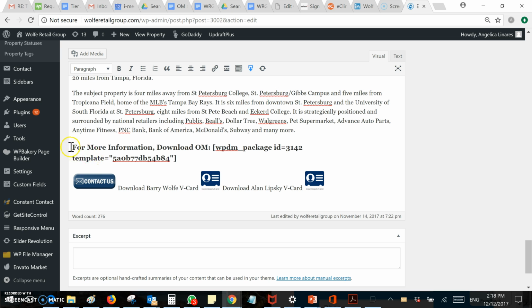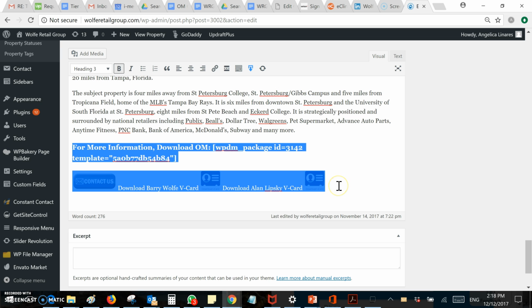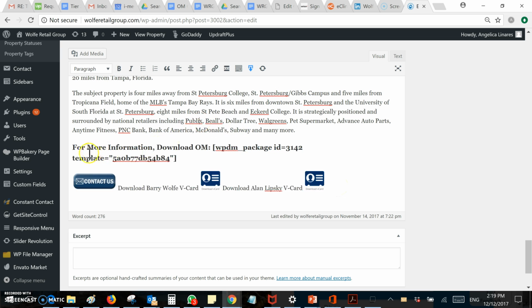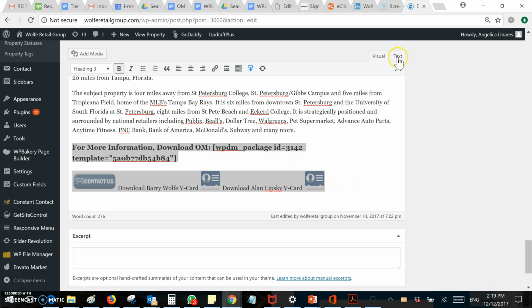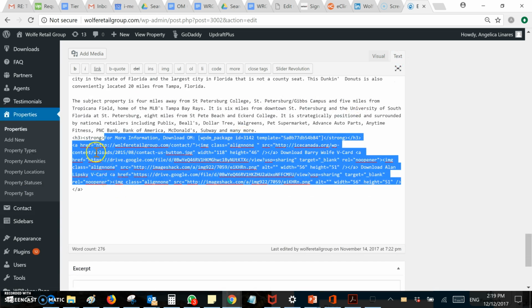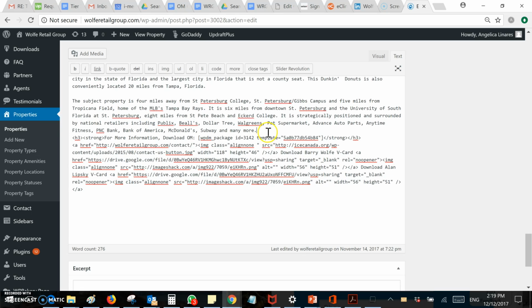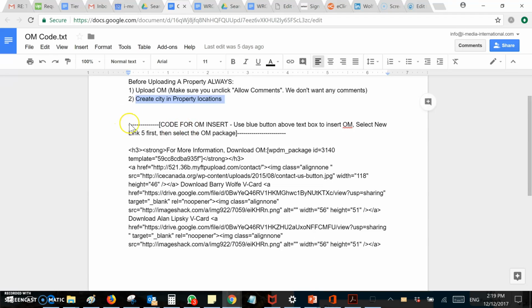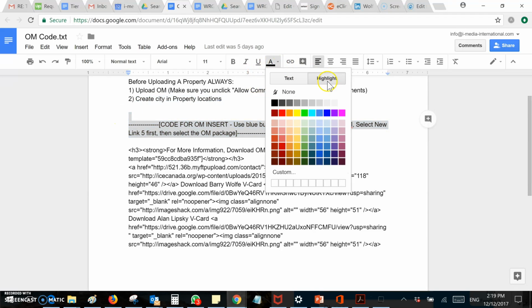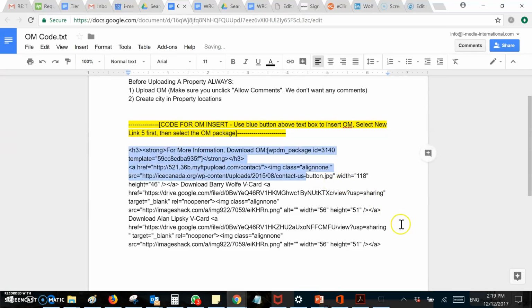And then down here, this is a custom code that we created for what Barry and you wanted to have made available on the properties. So what you're going to do is simply copy paste the OM code. This section here, we've custom created the code for it. So you're going to flip over to text and you're going to come to the OM code document. And you're going to insert the code below this section here. And you're just going to literally copy paste it